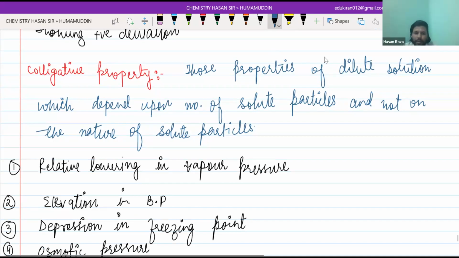The first is RLVP, relative lowering in vapor pressure. The second is elevation in boiling point, the third is depression in freezing point, and the fourth is osmotic pressure. Basically, this relative lowering in vapor pressure we have already covered in Raoult's law, the second part of Raoult's law,